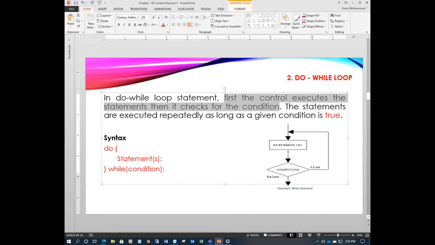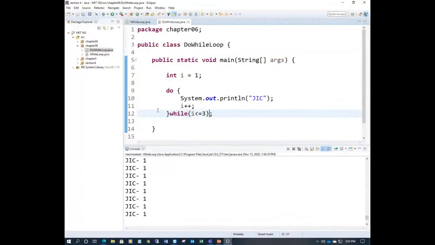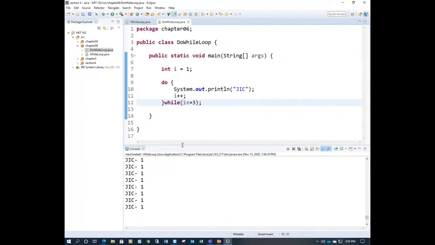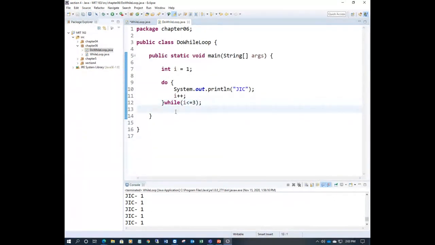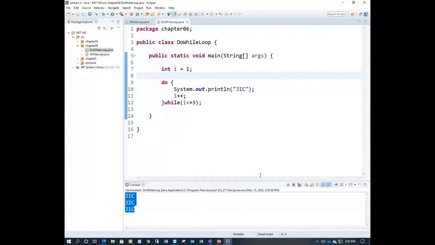The statements are executed repeatedly as long as the condition is true. Now execute. 3 times, right? It gives the same result.